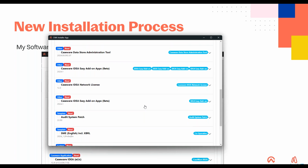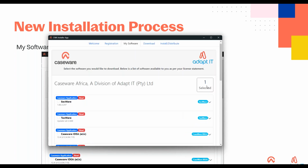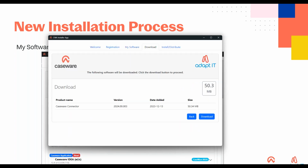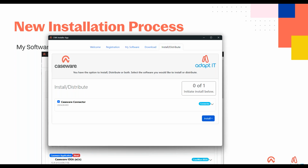So on the screen, what we intend you to do is to select the product that you want to download. In this instance, I've selected Caseware Connector, and it tells you that one product is selected. You just go next, and now you've come to the download screen. You can obviously go back if you want to select multiple products. You're more than welcome to. If you feel that you want to add products, you go back and change your selections, and you click